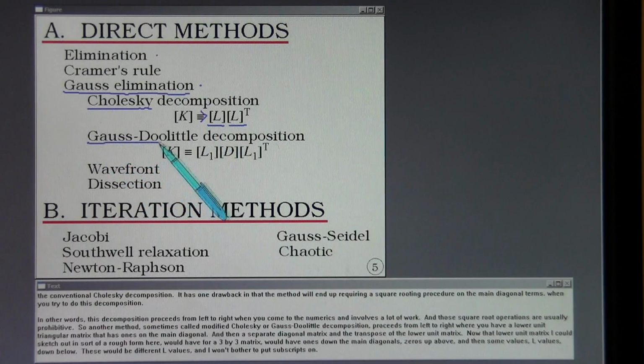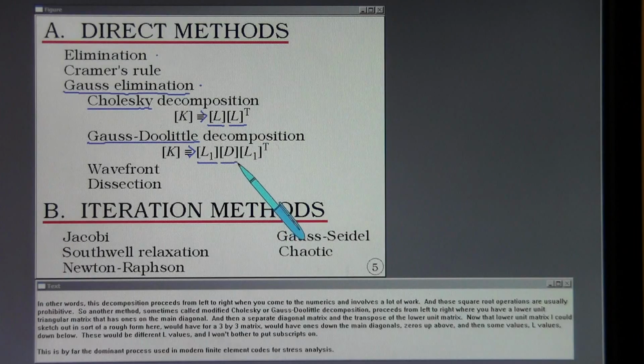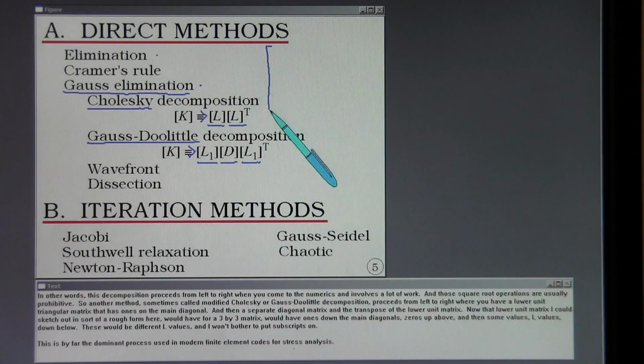So another method, sometimes called modified Cholesky or Gauss-Doolittle decomposition, proceeds from left to right, where you have a lower unit triangular matrix that has ones on the main diagonal, and then a separate diagonal matrix and the transpose of the lower unit matrix. Now that lower unit matrix I could sketch out in sort of a rough form here. Would have, for a 3 by 3 matrix, would have ones